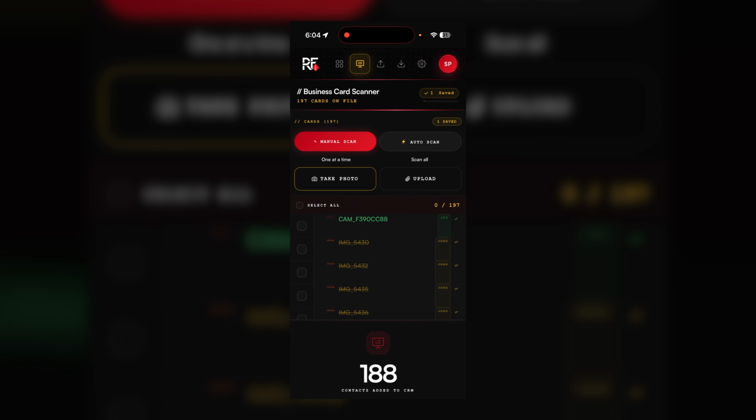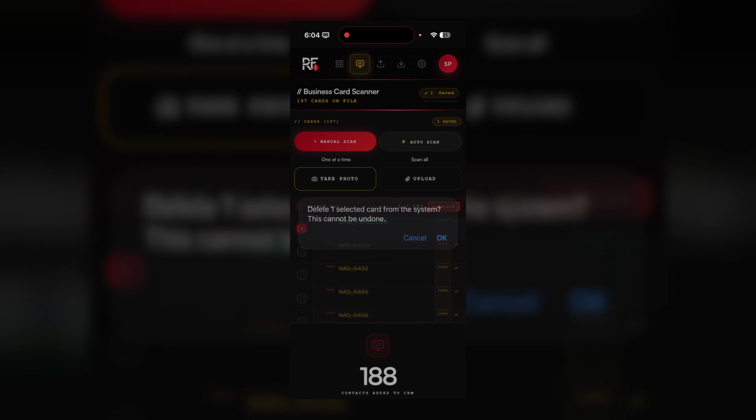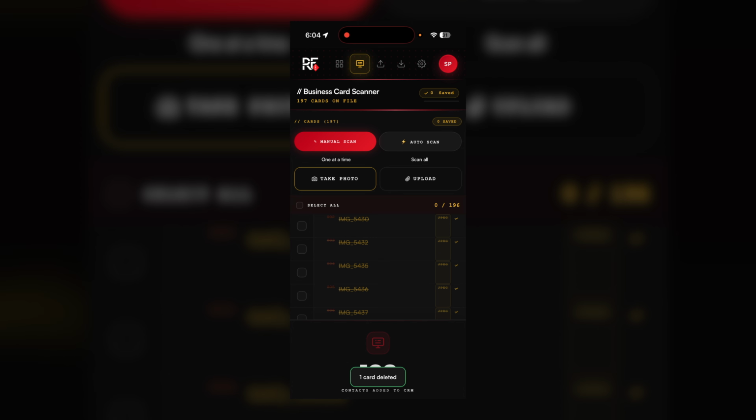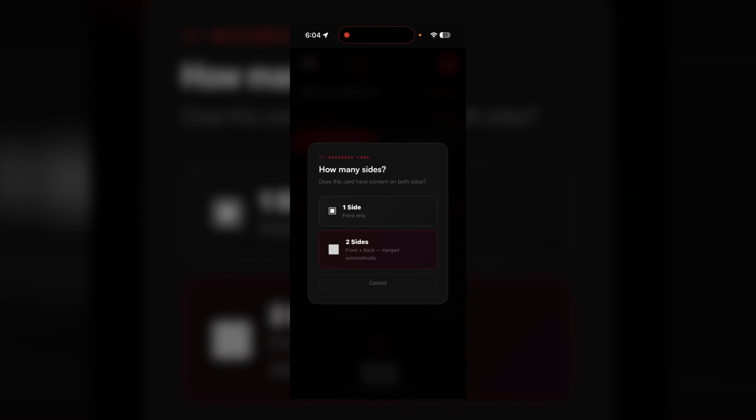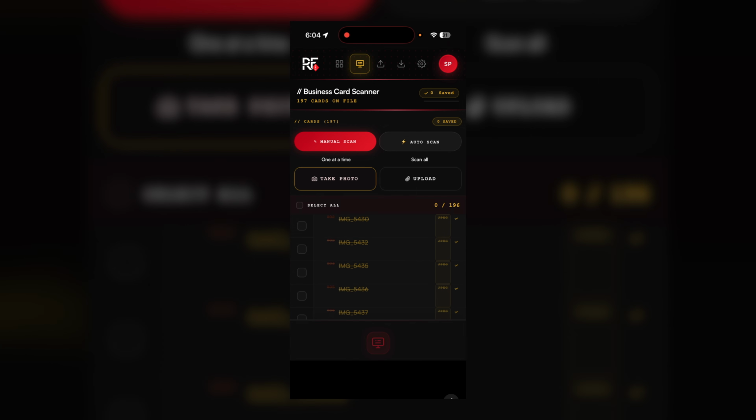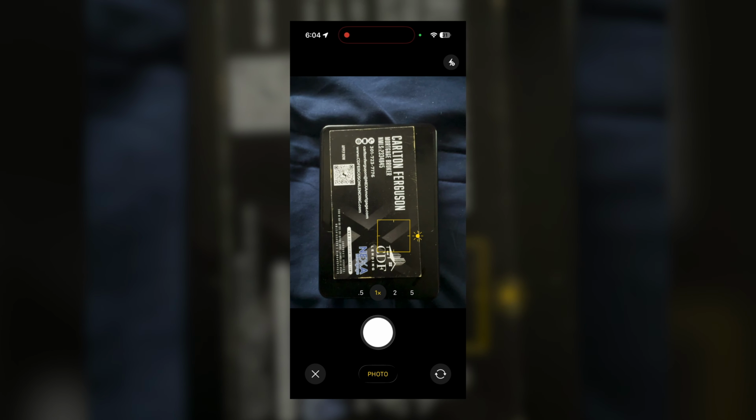And I think this is a game changer because you miss out on a lot of opportunities in the event that you have no systematic way of capturing business cards without having to hold on to it or entering the information manually, right? So we're going to go. Actually, this is already scanned in, so excuse me, I'm going to delete this and I'm going to rescan it in so you can see how it works. So go to take a photo, and this business card has 2 sides. So you pick 2 sides, take the picture,